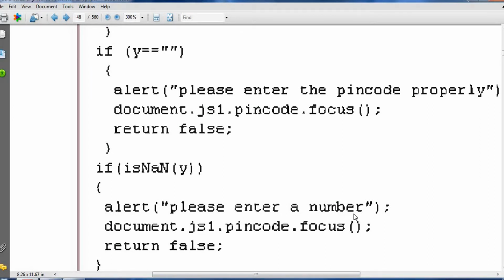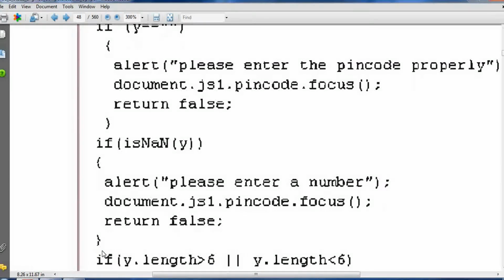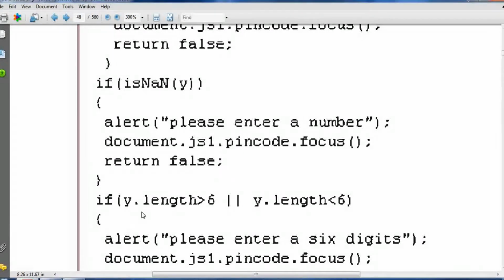If it is not a number, it shows the alert message, enter the number. But in our case 36401 is a number. The sentence says y means 36401 is not a number. It is false. It is a number. So skip the bracket. Then it goes for length.